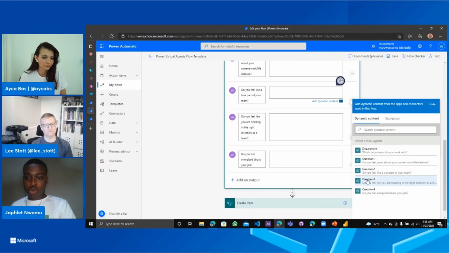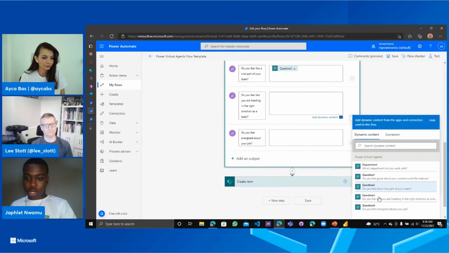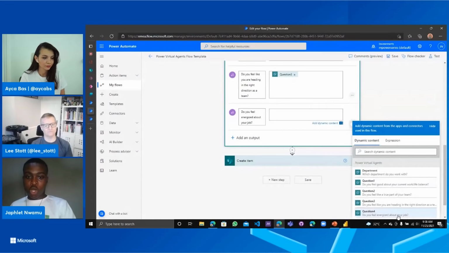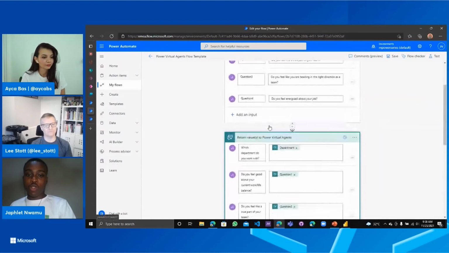Sorry, that's question two. And then, do you feel like you are heading in the right direction as a team? This is question three. Do you feel energized? This is question four. So I'm picking each of these, and it's returning each of those values